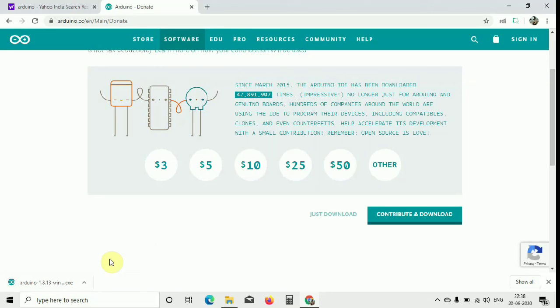Okay, so it has now been downloaded. Now just double click on that one, so it will open the arduino.exe file, so it will